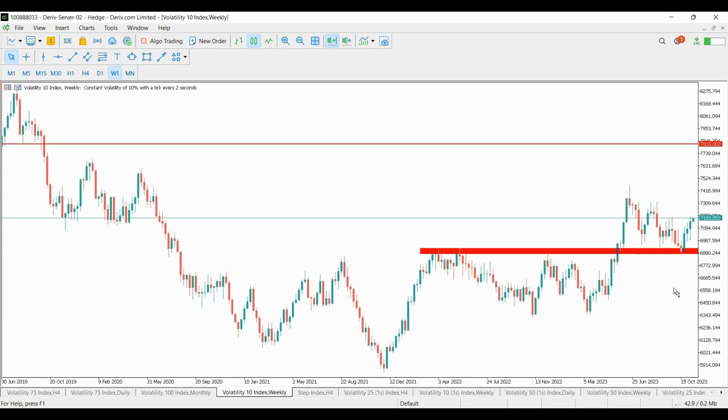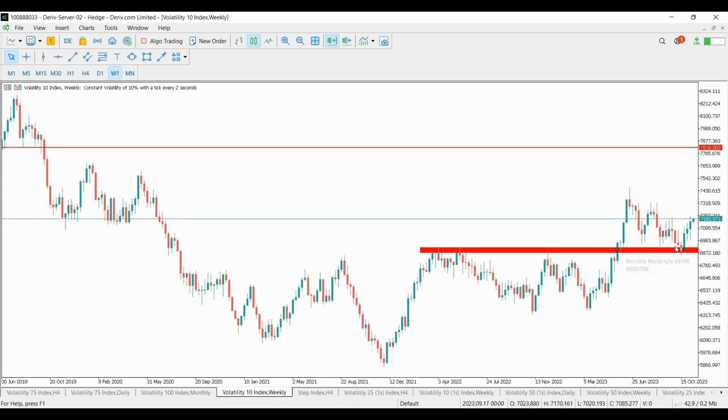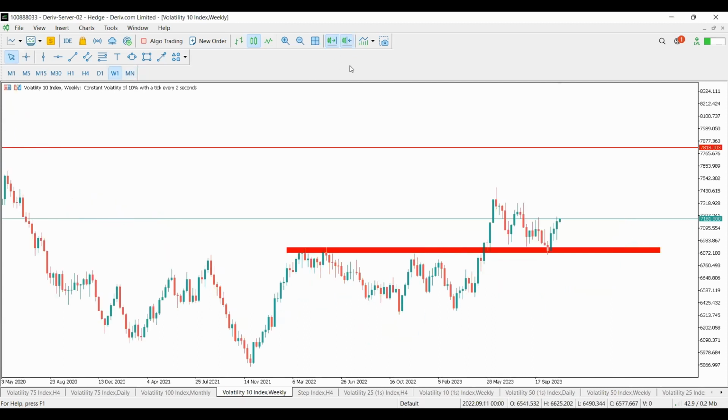When we come to the weekly time frame, we also had a structure here that you can see was aligning with this area that we marked in the monthly time frame. That gave us that area of demand, right? So now currently, we spoke about also the loss of momentum, the weak momentum in monthly, which is clearly reflecting in the weekly time frame. You can clearly observe here. If you want, you can use a counter trend line. Those who use trend lines, I'm not a big fan of trend lines, but you can see we have this counter trend line here. And currently we are breaking above.